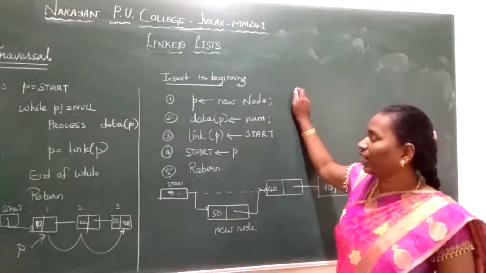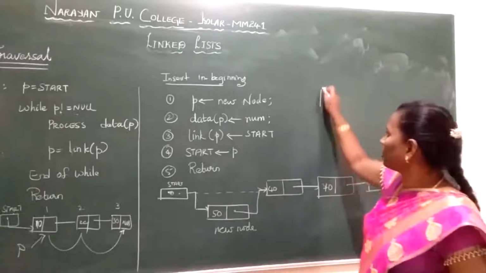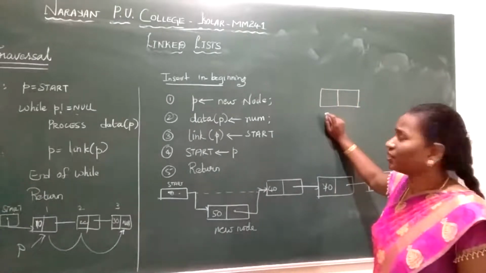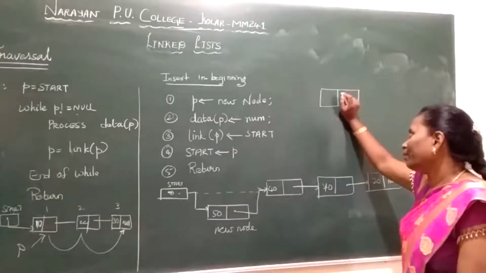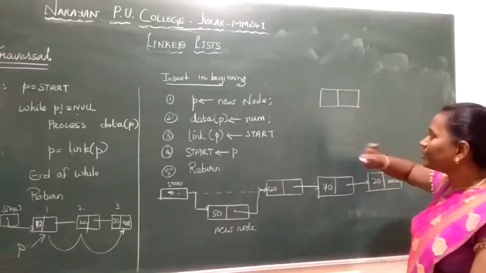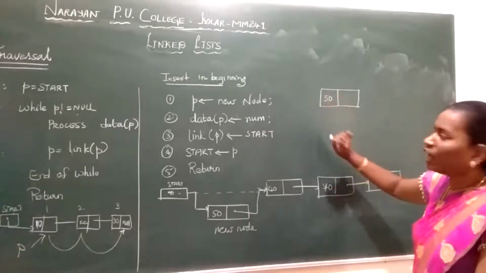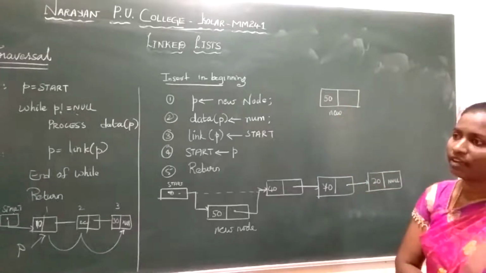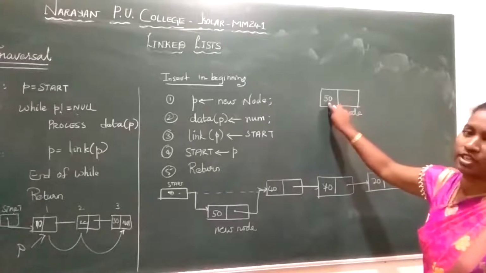Now, before creating a node we have to keep these points in mind. Once you create a node, see, now I want to create a node by using the data structure called node. I created a node, and now I allocated the memory. After creating it by using the new operator, the first thing we have to do is fill the data field with the information. This is my new node, and my new node information is 50.